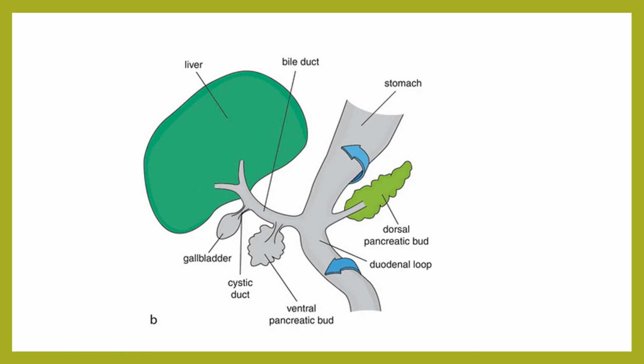So while seeing the embryological part of the liver, we should remember that the parenchymal part of the liver is derived from the endodermal part, and then the fibroareolar stroma, that is the capsule of the liver, is derived from the mesenchyme of the septum transversum. And then we can see the duct system, that is the bile duct, cystic duct, and the gallbladder formation. And the next bud structure which appears in the caudal part of the hepatic diverticulum, we can see that appearance of the ventral pancreatic bud. So these structures we can see in the development of the liver itself.